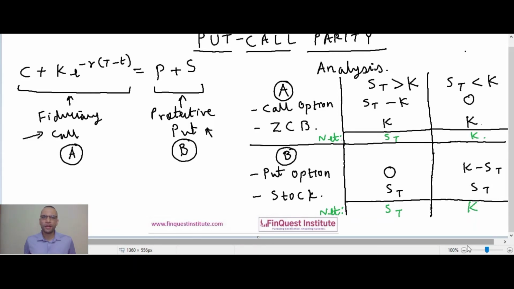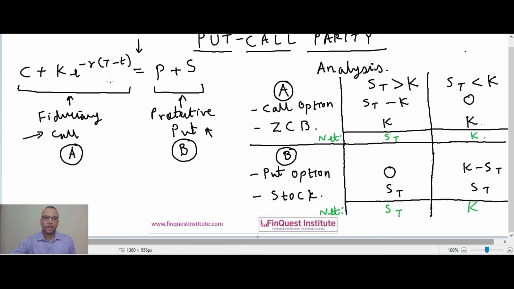In this video, we'll understand an important relationship in the derivatives market that's called the put call parity. This is the equation for a put call parity. So C is the price of a call option, P is the price of a put option, K is the strike price for both of these options. Both the call and put option have a time to maturity of capital T, and S is the underlying stock